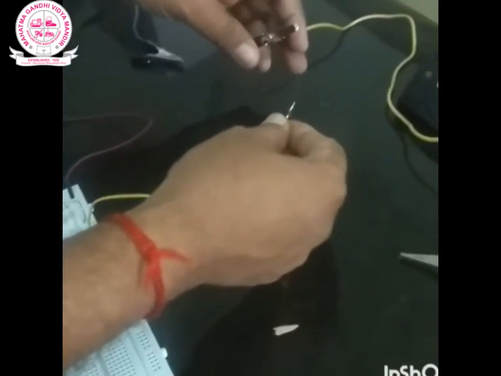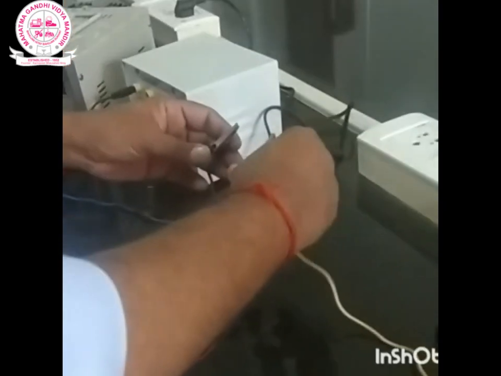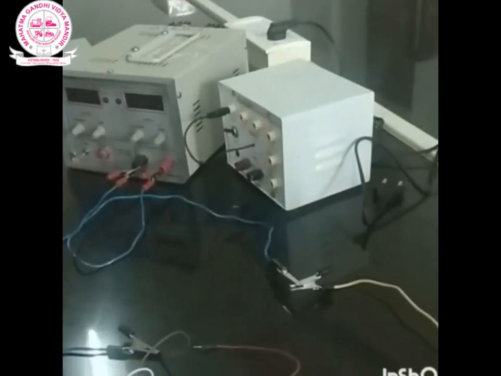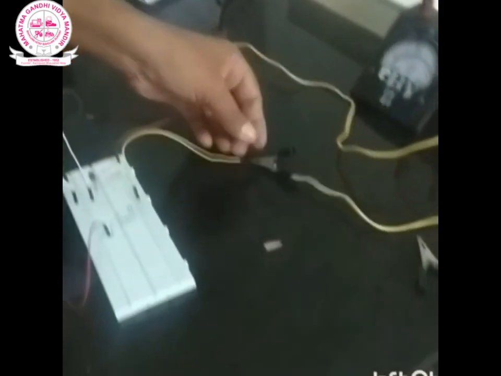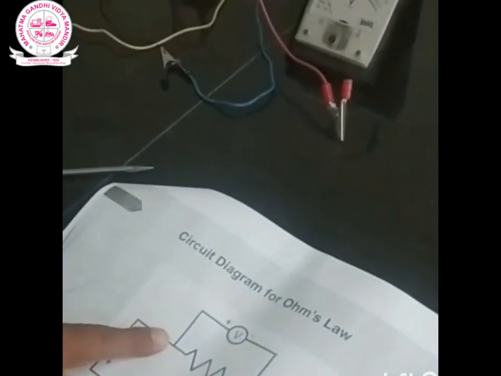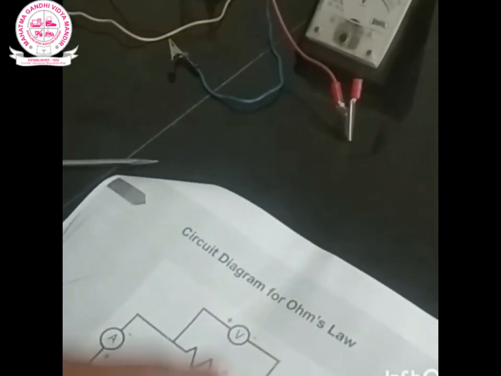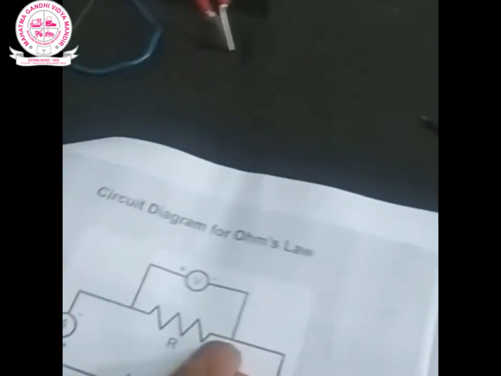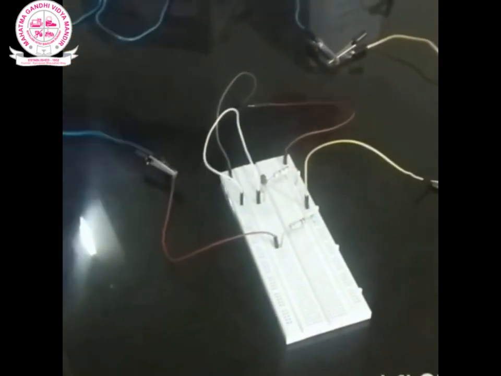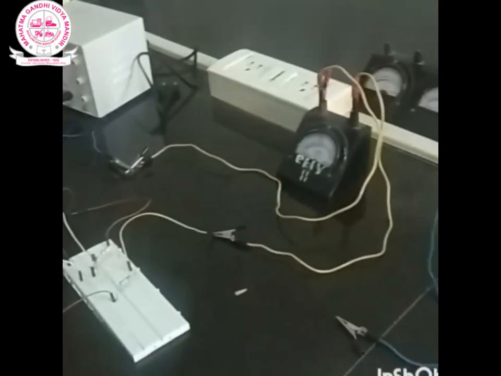Now the second thing is that this positive is connected to the positive terminal of the battery, and this negative is connected to the resistor, because the ammeter is in series with this resistor. We have to measure the current, and simply we can say that another node of the resistor is connected to negative. Now this is in series. Now what do we have to connect then?